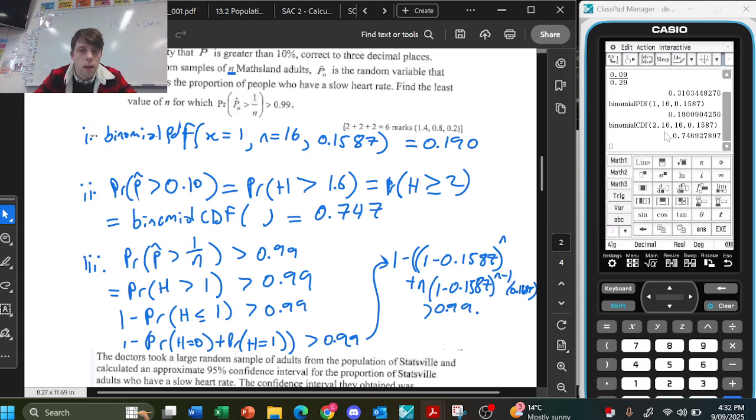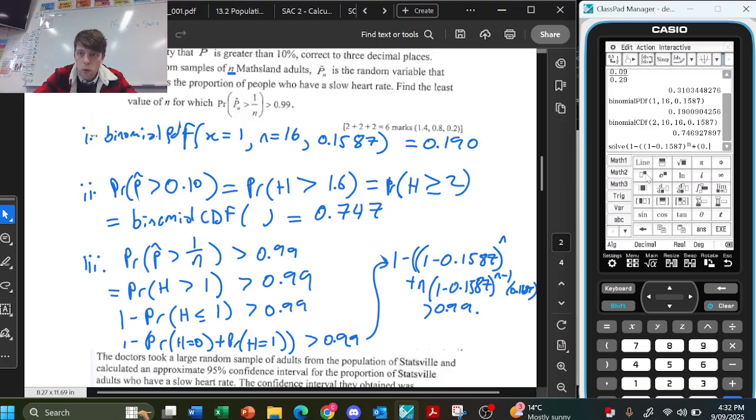We're going to do this in the CAS calculator. Can't do that by hand. So we're going to use the solve function. We're going to go solve 1 minus 0.1587 to the power of n